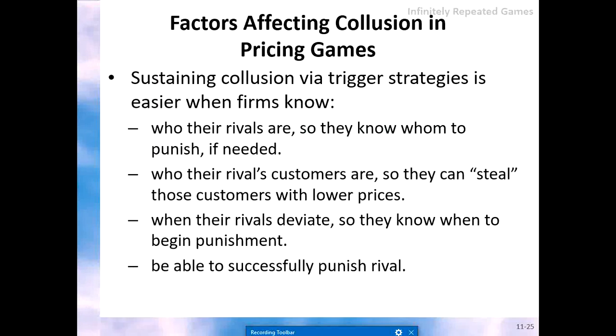So after we discuss this, now we come to discuss what the factors affecting collusion in pricing games are. Sustaining collusion via trigger strategies is easier when firms know who their rivals are, so they know whom to punish if needed. So my rivals are big companies, small, can we punish them or not? Do they have a history of that or not? How do they think, who are the managers, and who are their rivals' customers, so that they can steal those customers